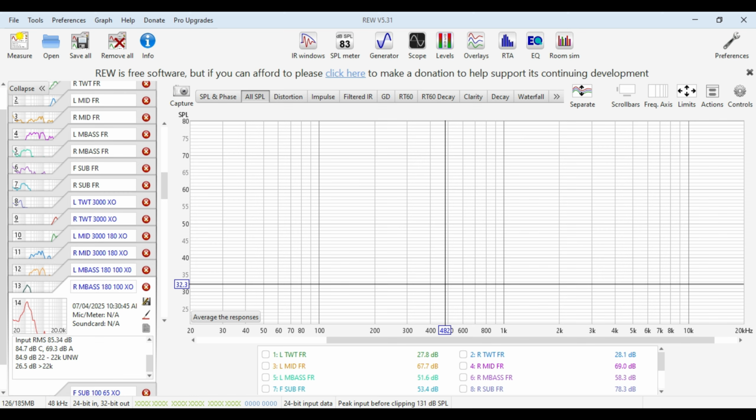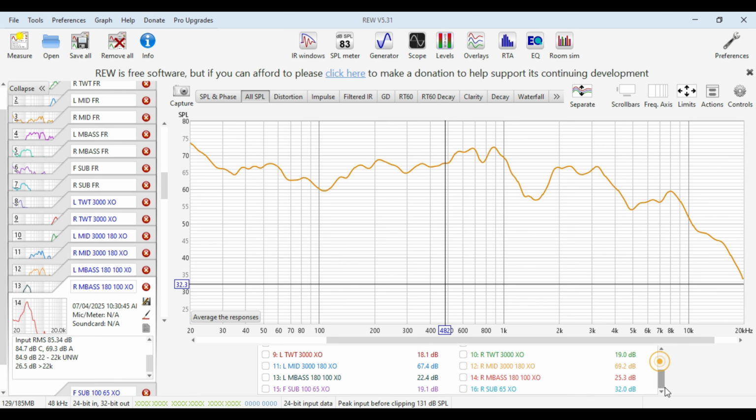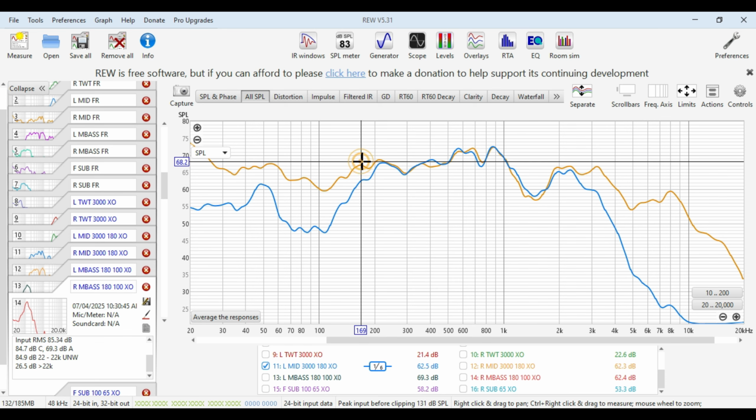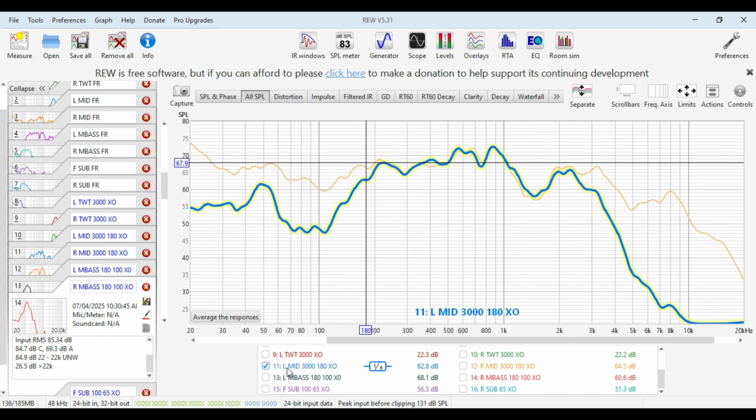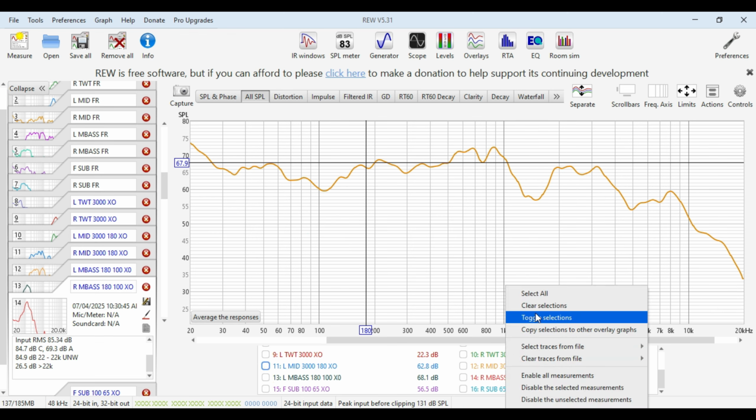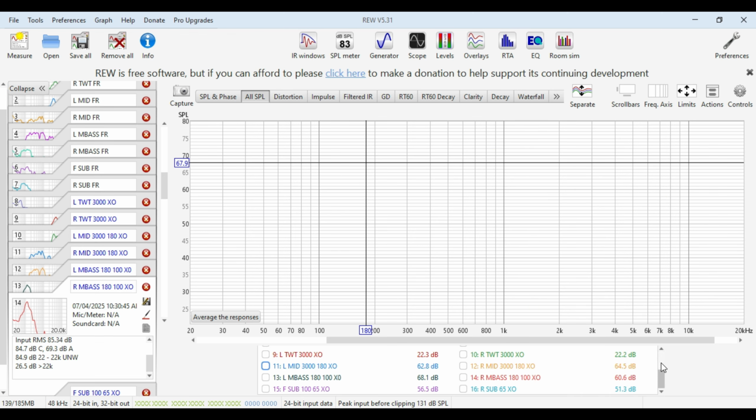We'll go straight to the left mid versus the left mid with the crossover in it, and we have a crossover at 3000 and a crossover at 180. So you can see how that's pulled all of this level down. Still got a big scoopy thing going on here, but the crossovers seem to have worked okay. So we'll get rid of all of those, and we'll have a look at